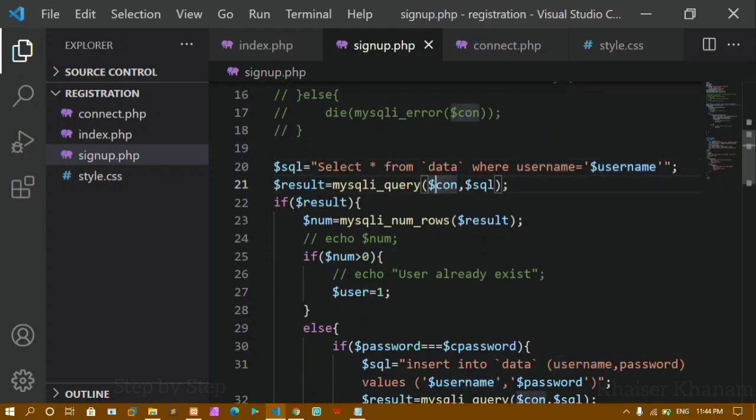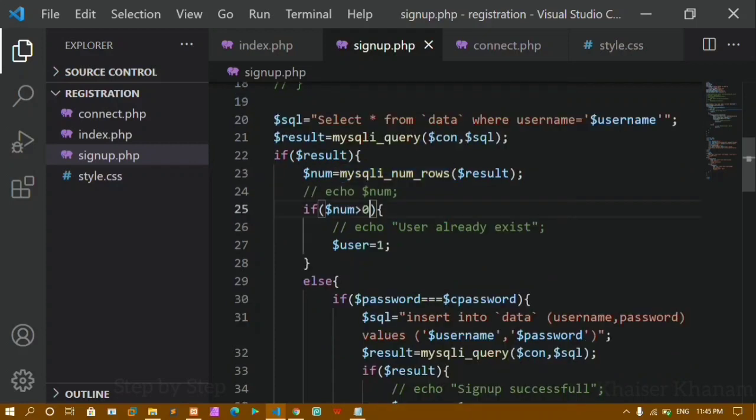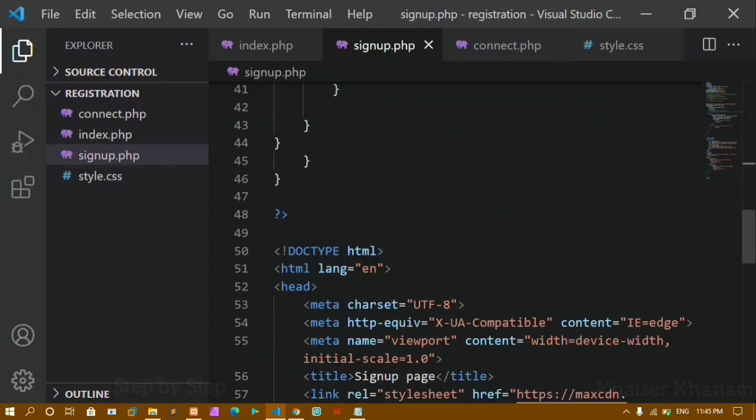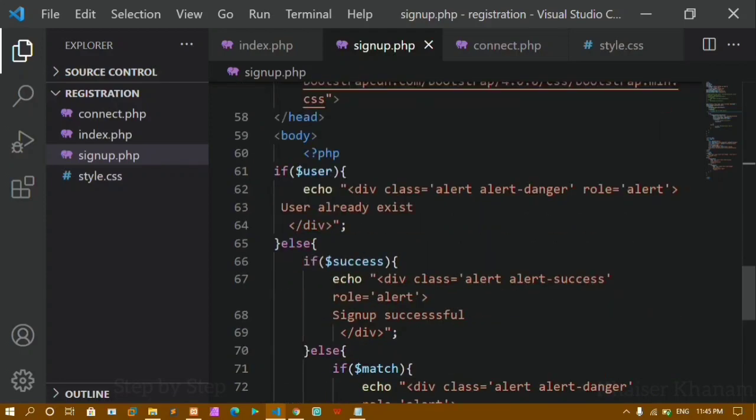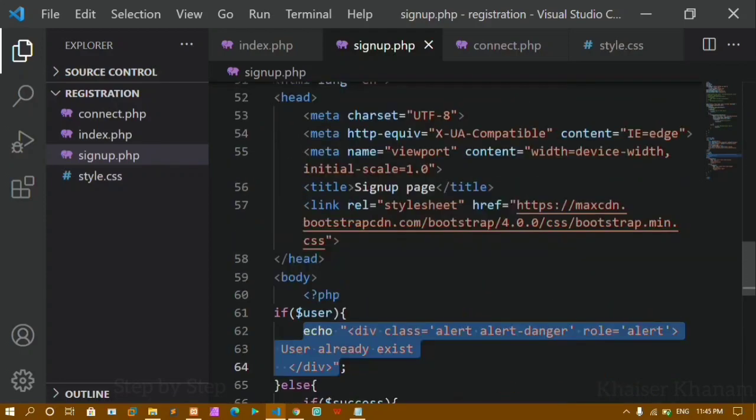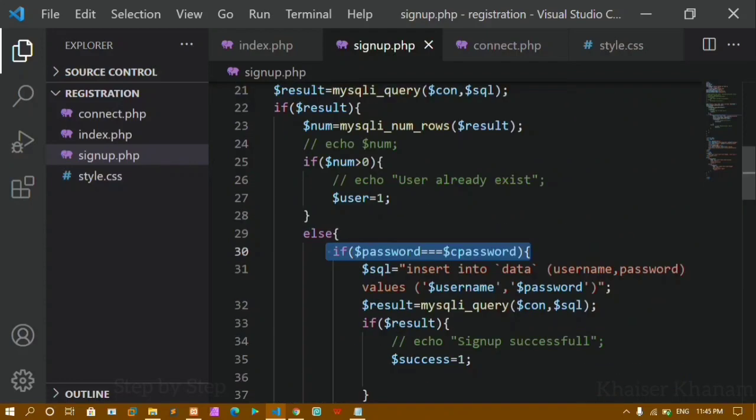Now here I am just executing this query. Whatever I have written, here I am just executing that query. Here I am just checking the condition. If my query is executed successfully, then I have to check the number of rows present inside my database. Now if my number of rows is greater than 0, which means that this username is already present inside my database. Now I don't have to enter the same username, so I am just giving here user is equal to 1, which means true. Now here inside user, I am just printing this one, user already exists. Inside this else, I am having this condition, if my password is equal to confirm password,